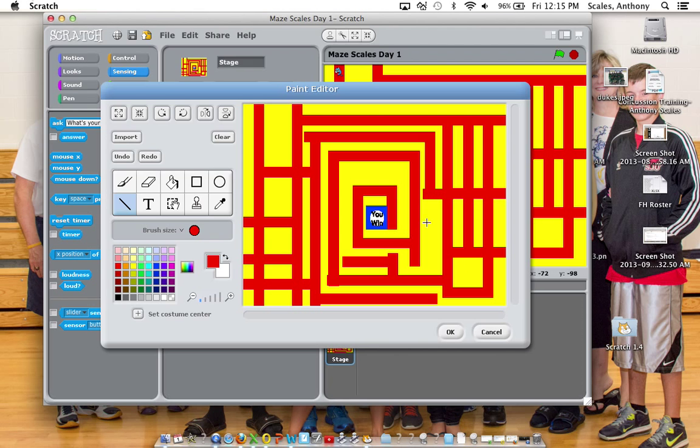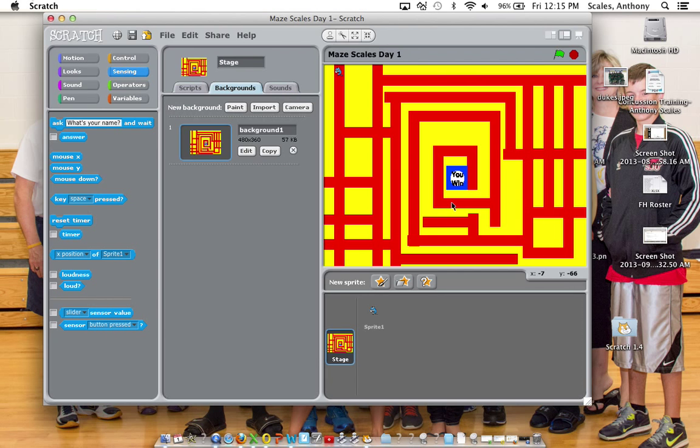Okay, after you finish it, you're going to want to also include a spot where the character finishes or says you win or something like that. You want to do that in a different color. So notice I chose at least 3 colors for my project: where my character travels, where I don't want them touching, in this case the yellow area, and then the blue area where they finish. Okay? Once you create your stage, which is going to take you a lot of the class period for today,